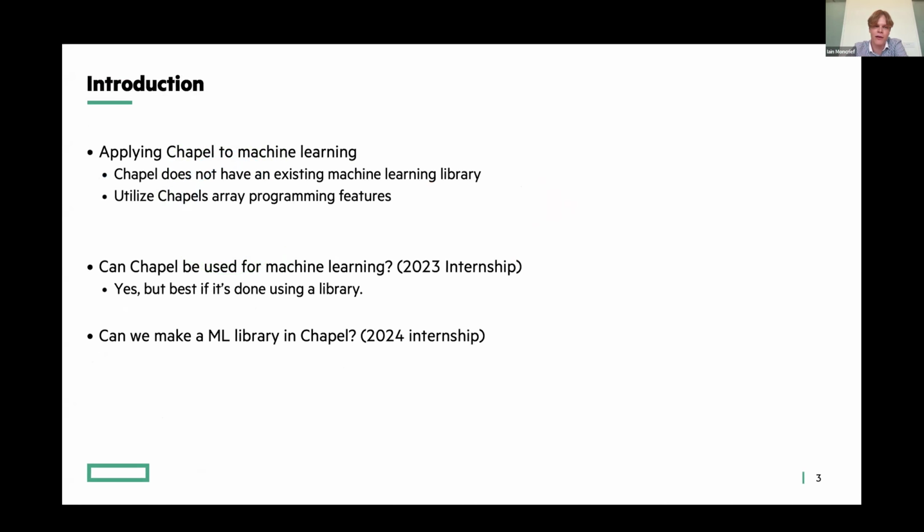So my first initial internship project was to see how amenable Chapel is to machine learning style computations. My first project was to train some neural networks in pure Chapel, and to follow some Python tutorials and replicate that in Chapel. And I developed a very primitive machine learning library in Chapel, but it really wasn't very